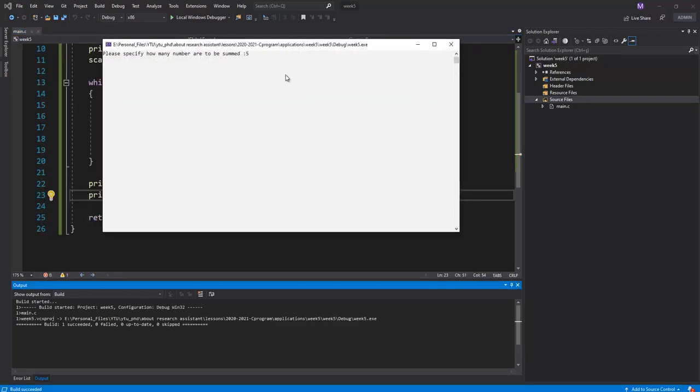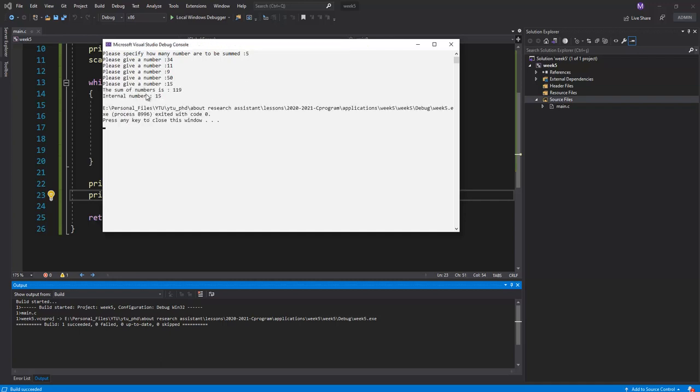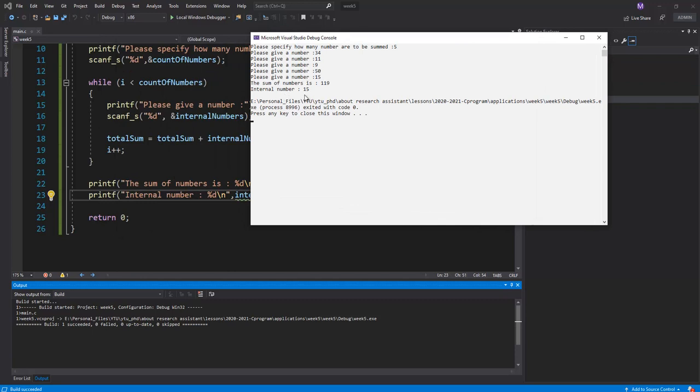The 5 value in here, and so 4, 11, 9, 50 and 50. And so the internal number at the last stage is equal to 15, but the sum of the numbers is correct. And so the internal number can store one variable at each time. And so the 34, 11, 9, 50 and 15